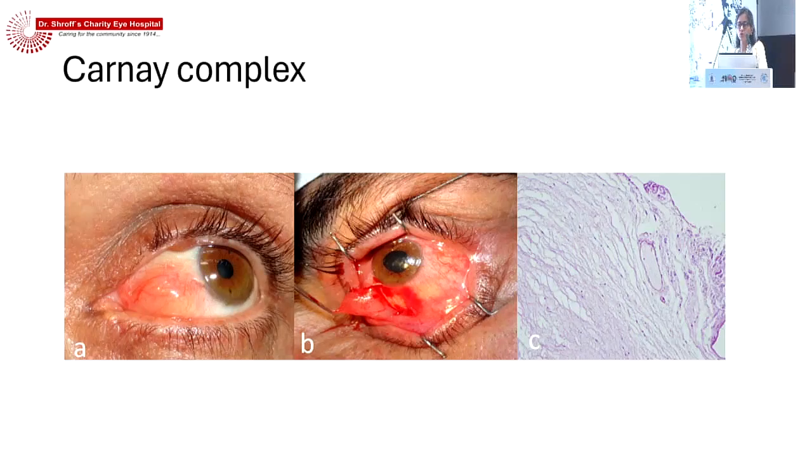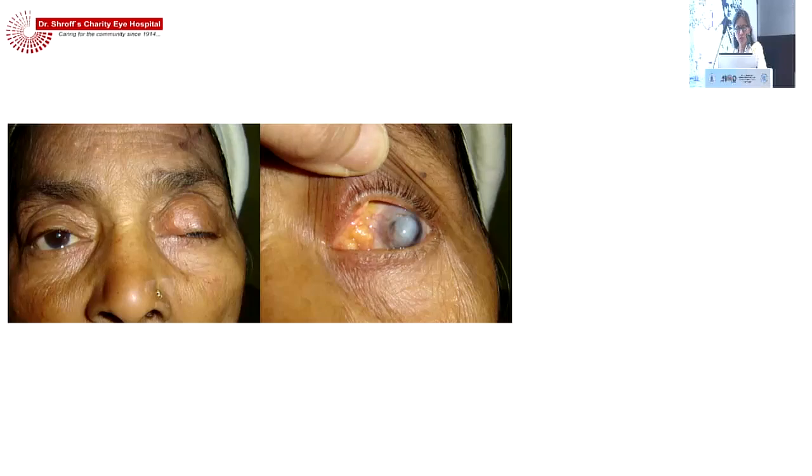And it's important to be aware of something known as Carney's complex, because a conjunctival myxoma rarely can be associated with cardiac myxomas also, and can have associated embolization from the myxoma, and can have other issues like atrial fibrillation and other issues also. So the last bit, this was another elderly lady with acquired ptosis, and she has this yellowish lesion